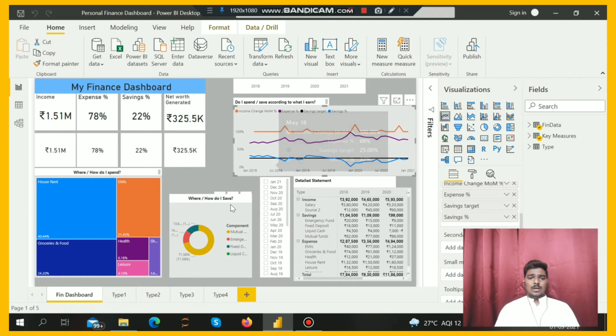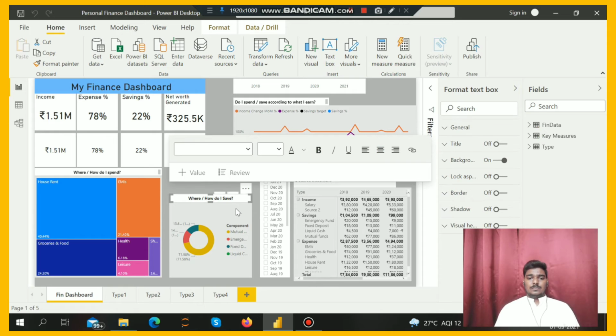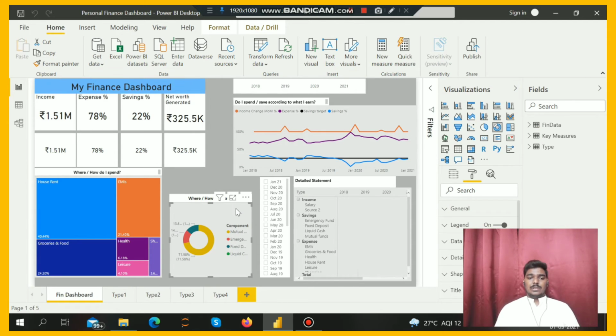Then I have created another visual, that is a donut chart. Basically the donut chart represents where and how my money goes. It is showing the mutual funds, fixed deposit, liquid funds, all that.